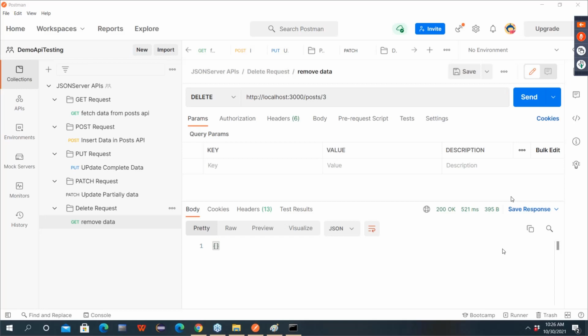proper clarity. Okay. And now these are obviously very basic operations in Postman: how to send get, post, put, patch, delete. But there are some other advanced features also present in Postman, guys, which make our API testing a little bit smoother or easier. That advanced feature we will discuss in our next part.